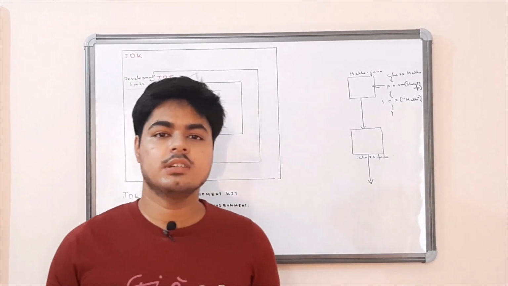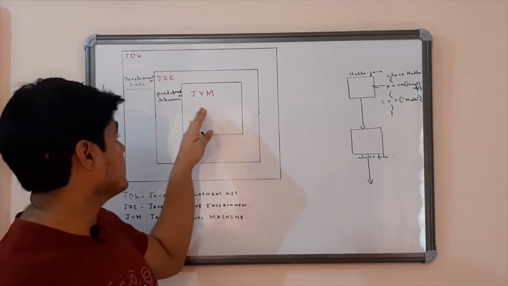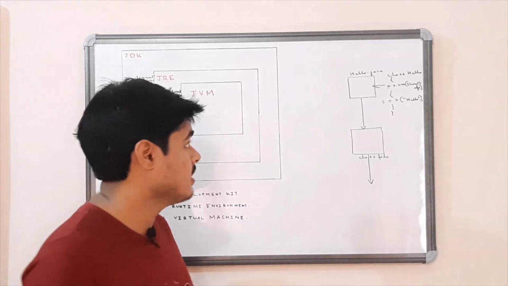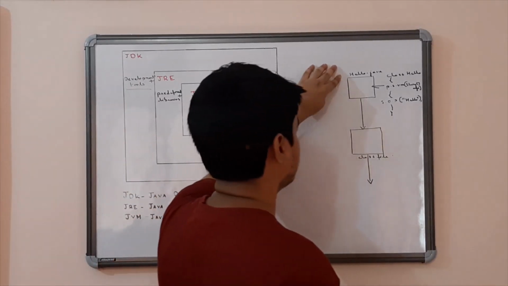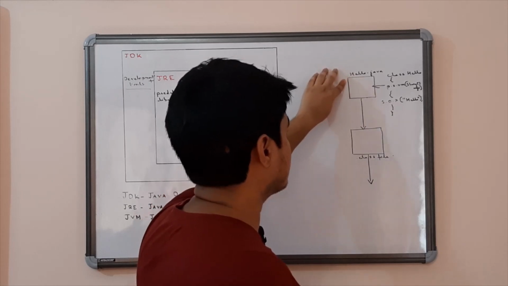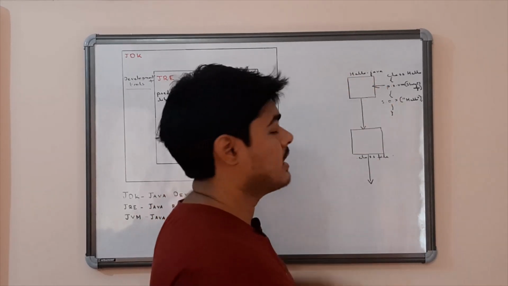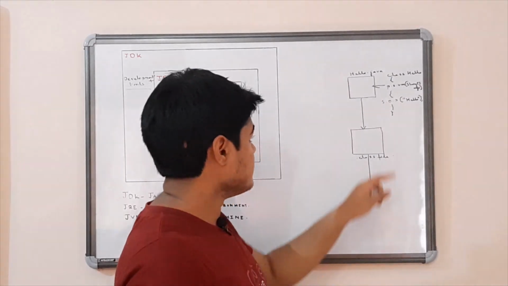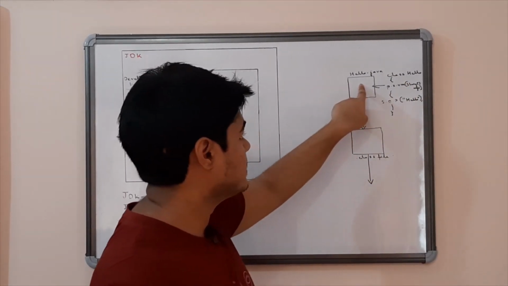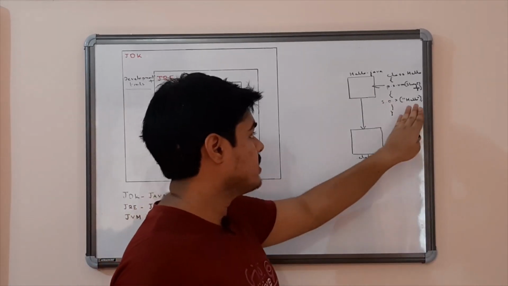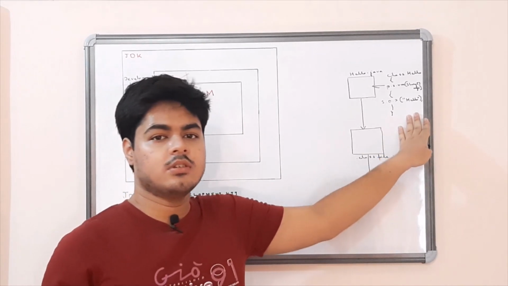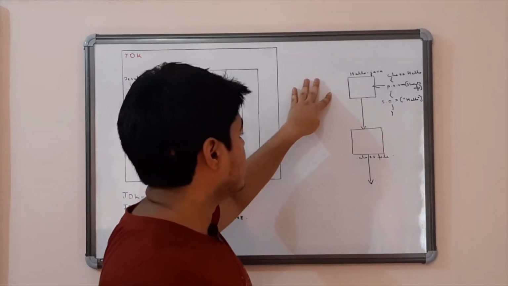So now let us learn why these three things are important and how they help us in developing our Java application. First of all, let us try to understand the basic thing. Whenever we write Java code, we save it with a .java extension. Suppose this is a hello world program written in this .java file. It is human readable code, it cannot be understood by the computer. So we convert it into